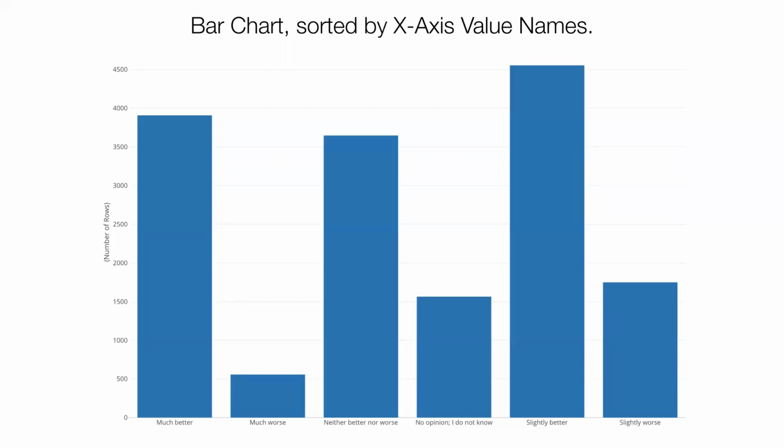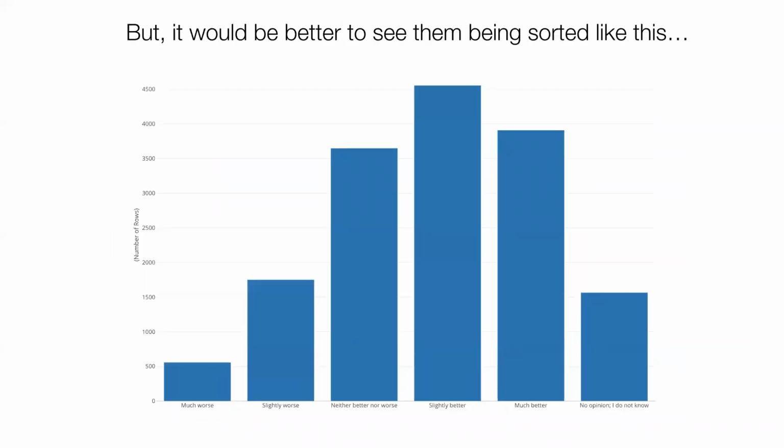So then much better, much worse is coming left, and then slightly worse going right. That's because alphabetically M comes first, and N and S and so on. But what we as human beings want to see is something like this. In this case, much worse, slightly worse, neither better or worse, slightly better, much better, because this way we can understand going from left to right as the level of the quality of the